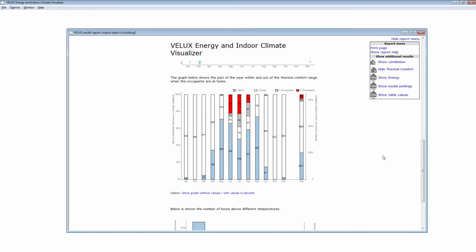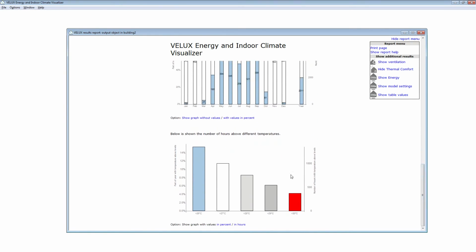Also, just to be completely clear, this part in ours might be the most relevant graph for us. Here we can see the comfort range that is below 26 degrees and that is higher than 28 degrees. In the Danish building regulations, these two numbers are the ones that are relevant.